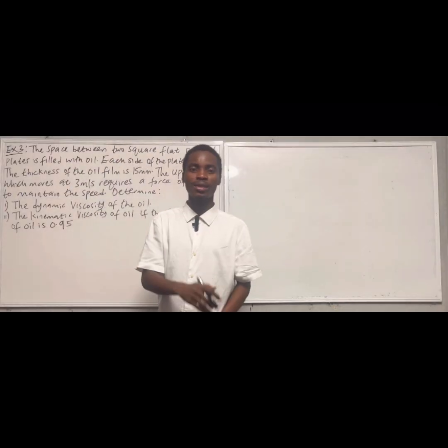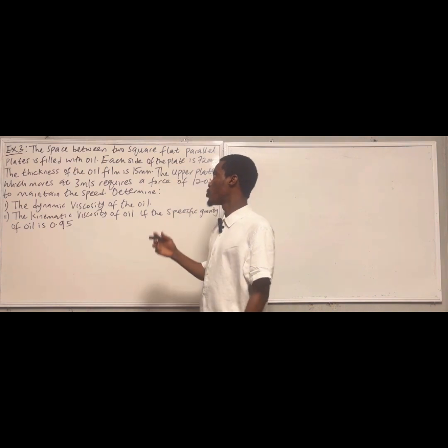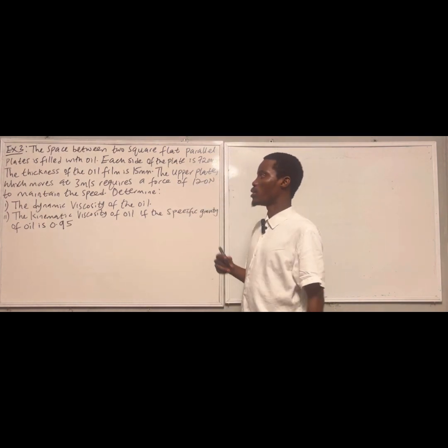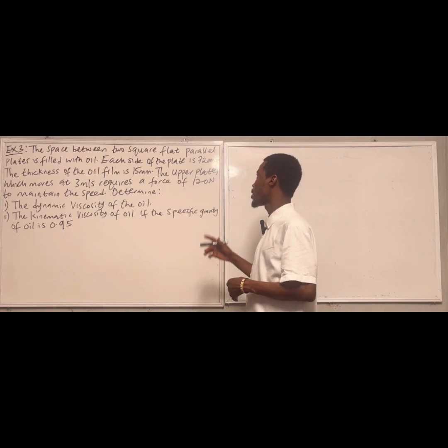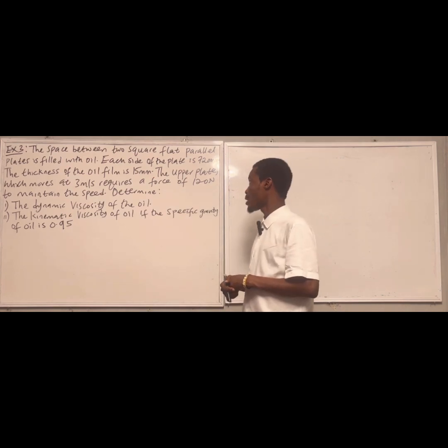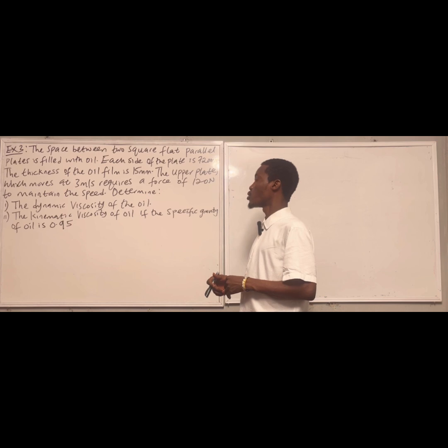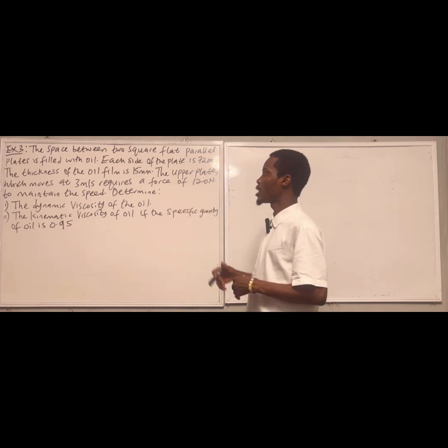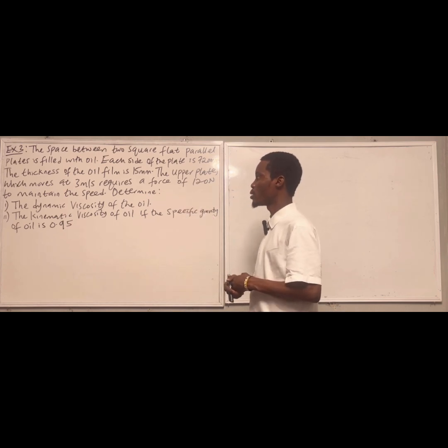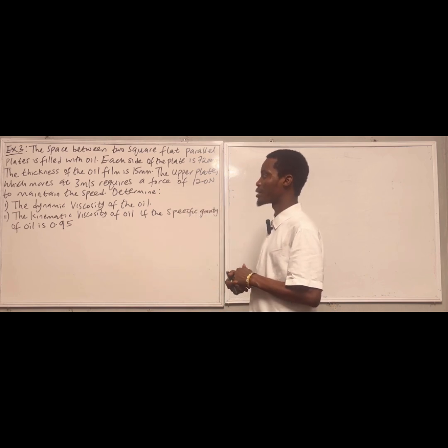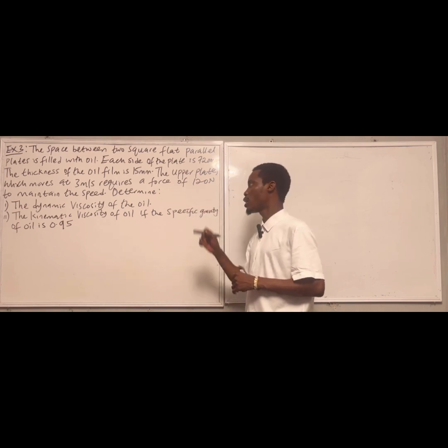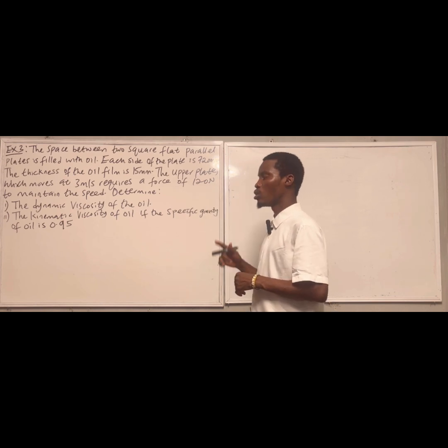Let us discuss this example. The space between two square flat parallel plates is filled with oil. Each side of the plate is 720 millimeter square. The thickness of the oil film is 15 millimeter. Then the upper plate, which moves at 3 meter per second, requires a force of 120 Newton to maintain the